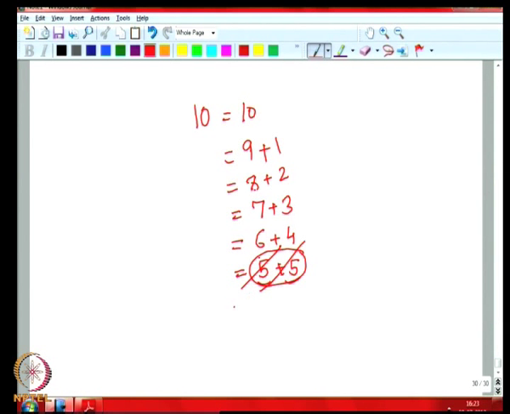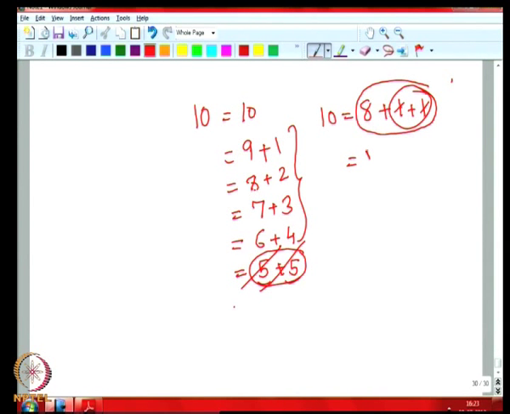Now, for instance, if you consider 3 summand partitions for 10, so 10 equal to say 8 plus 1 plus 1, but this is not allowed for us because all parts are not distinct here, because this 1 appears 2 times here, right. So therefore this is not allowed, but on the other hand 7 plus 2 plus 1 is allowed, parts are distinct here. Now we are interested in what is PD of 10, namely the number of partitions of 10 where all parts are distinct, PD of n in general,